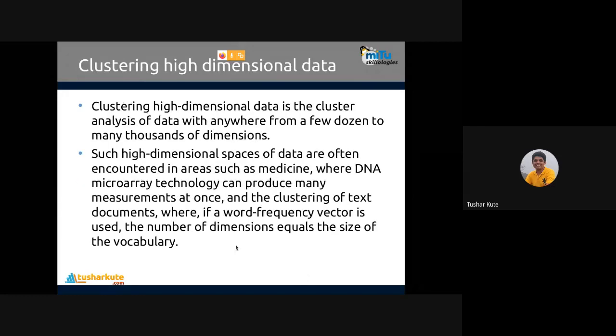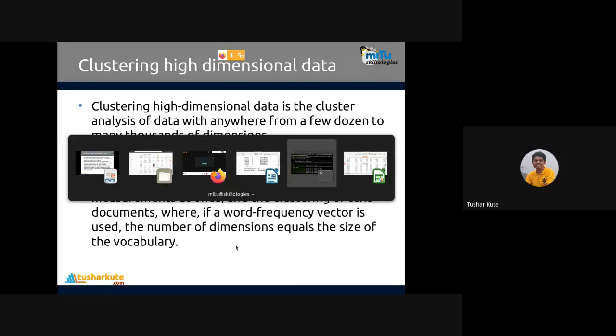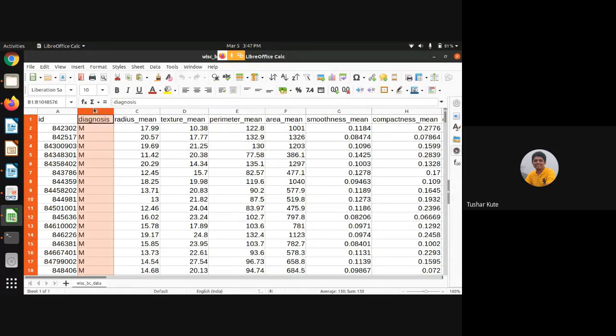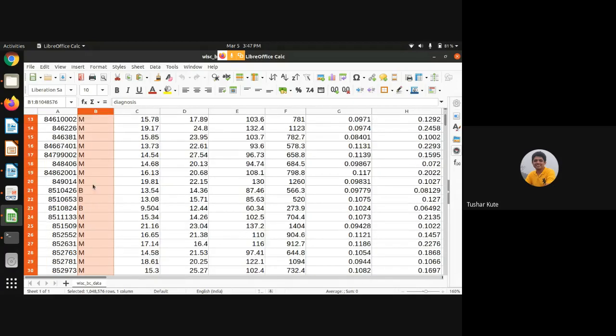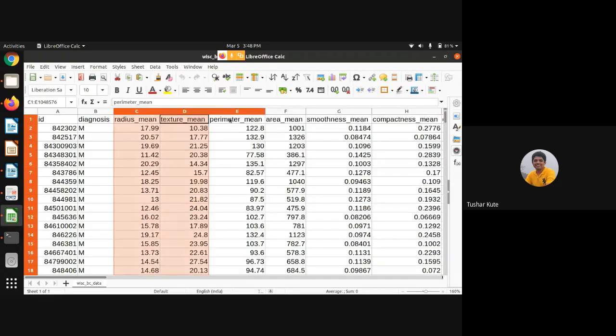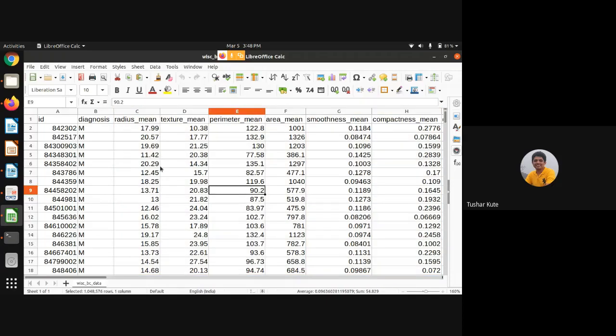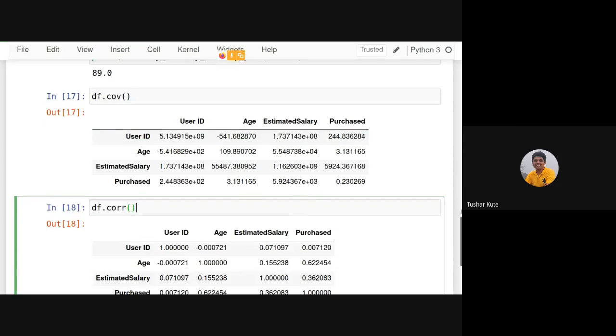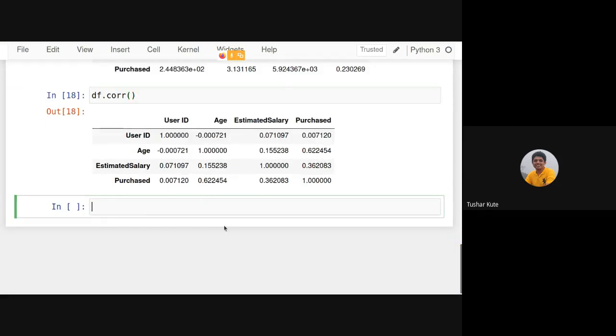I'll show you a simple example, and then we'll see the last point. As we have seen, these are the dimensions of tumors detected in the body, and based on that a diagnosis was made for different patients, whether M or B. M means malignant, meaning cancer was detected, and B means benign, healthy. Based on all 30 dimensions, we'll apply a dimensionality reduction technique, using PCA to reduce the number of dimensions, and we'll see whether there's any change in accuracy or not. So let's see that.